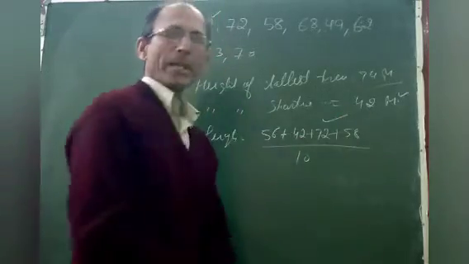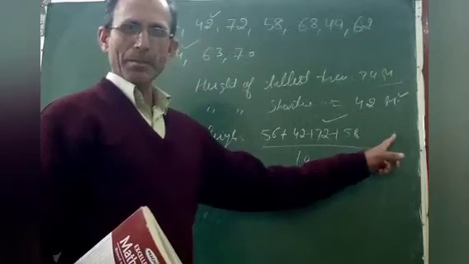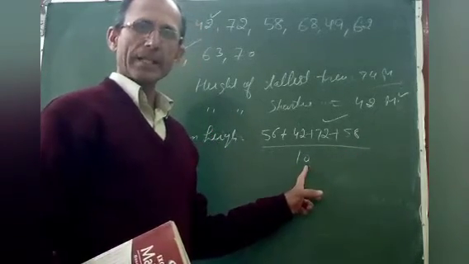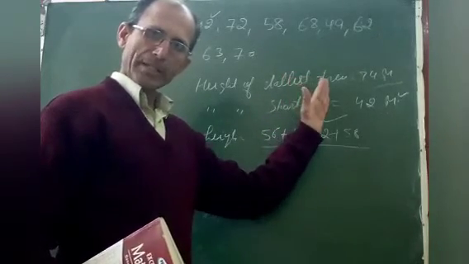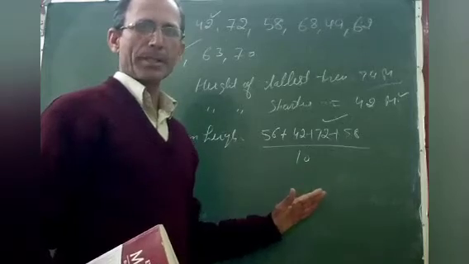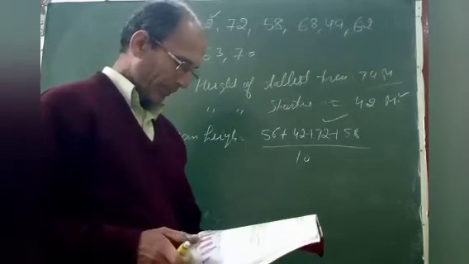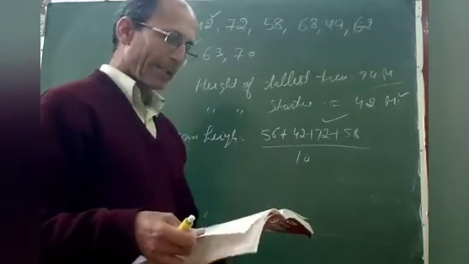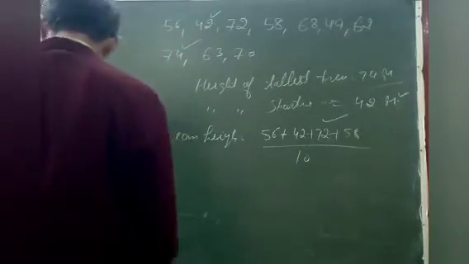I think you can try yourself. Add all the heights like this, and find the sum of the heights of the trees, then divide by 10. We can get the mean height. Understood? Sum of observations by number of observations. Okay. Now in this exercise only these things are there. Now question number 7 I am solving.